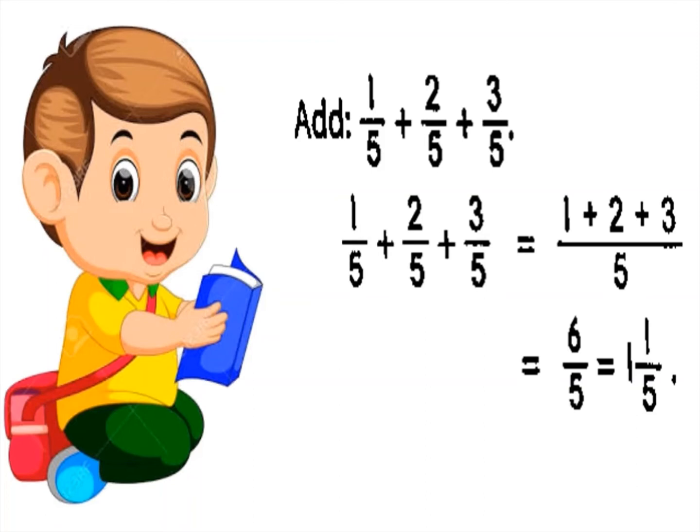an improper fraction, in which the numerator is bigger than the denominator. So we need to convert this into a mixed fraction. For the mixed fraction, we have discussed in the previous video how to convert. We divided it, and after that we got 1 integer and 1 upon 5. That is the correct answer.